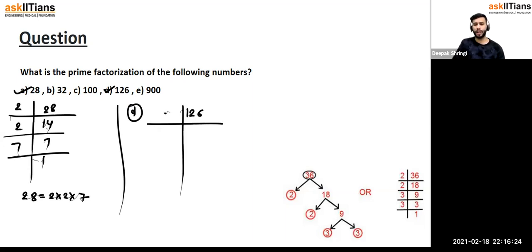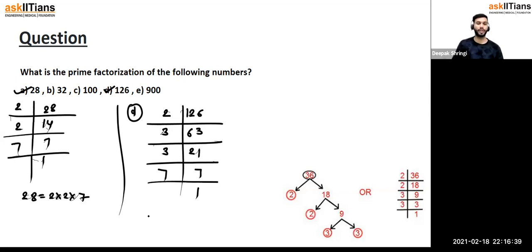Obviously divisible by 2. It's an even number. So what will you get? You will get 63. Now it's not divisible by 2, but it's divisible by 3. Absolutely correct. 21 is again divisible by 3, then 7, and divisible by 7. And then what do you get at the end? You get 7 divided by 7. That's 1, right? So 126 can be written as 2 into 3 into 3 into 7, and that is the